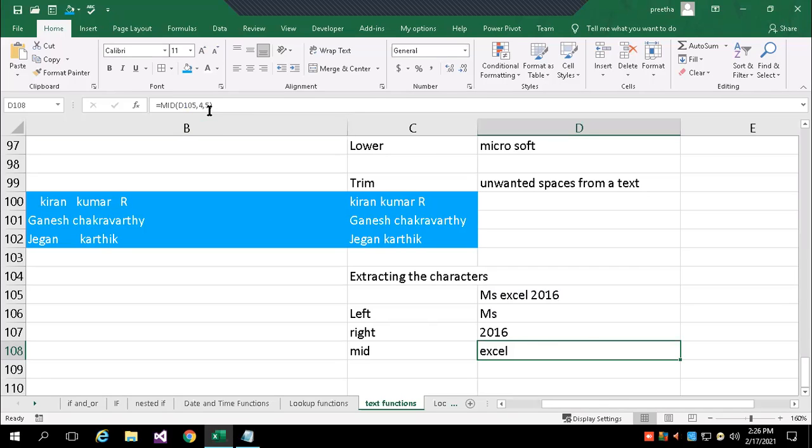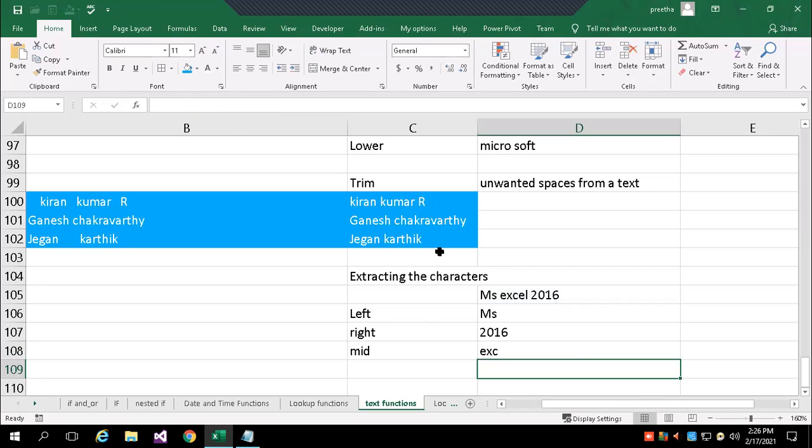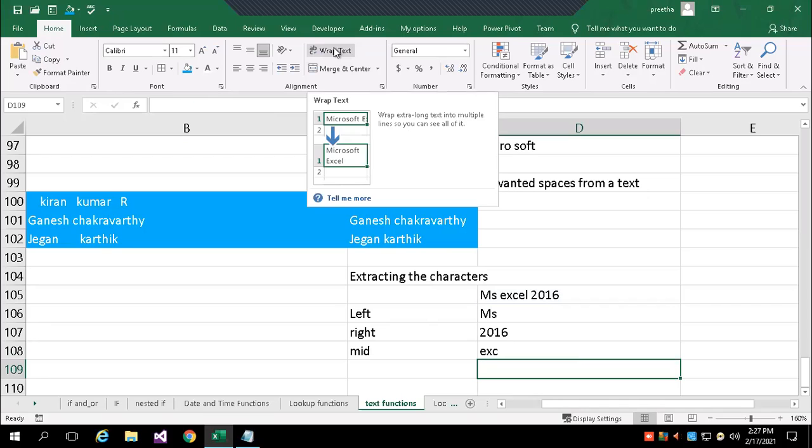It's not only exactly 5 characters. Suppose I want only 3 characters, you can give that. Now it has just extracted EXC, only 3 letters as we said. Okay. So this is for extracting characters from text. Any doubts?